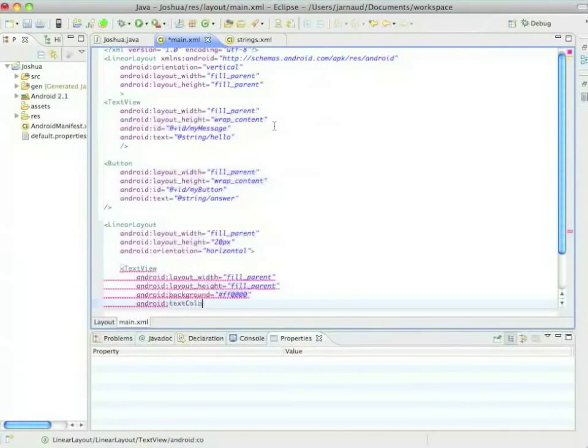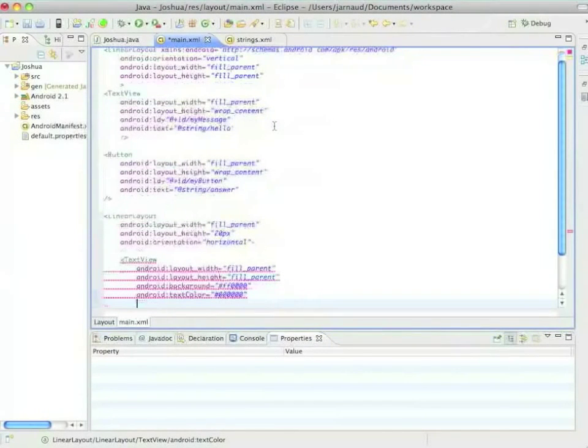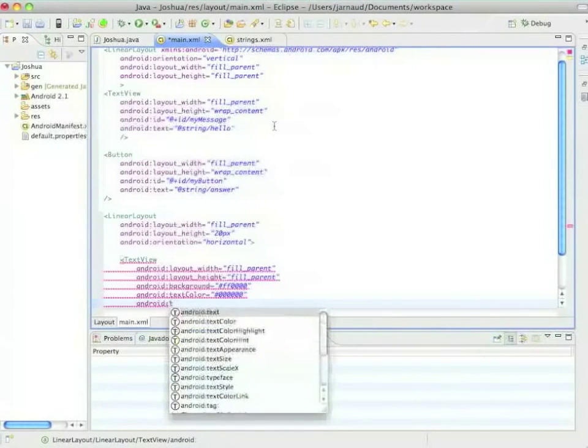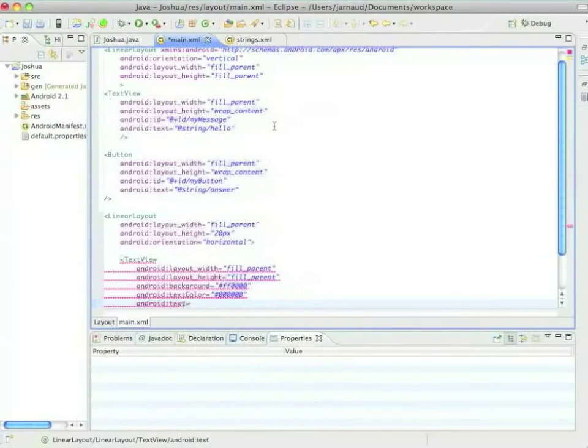Now I'm going to define the font color. Oh, the background color first. Let's do background, and it's like in HTML or CSS. So FF0000 stands for red. And now let's do the text color. And we said we wanted it to be black. And the text itself,